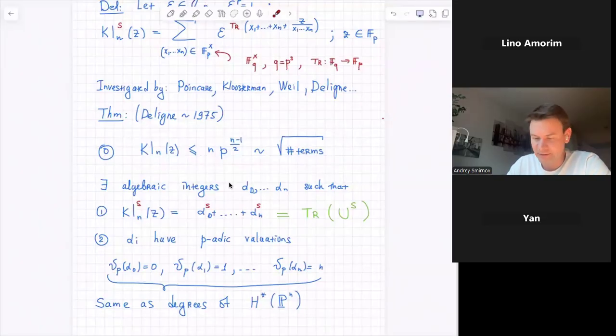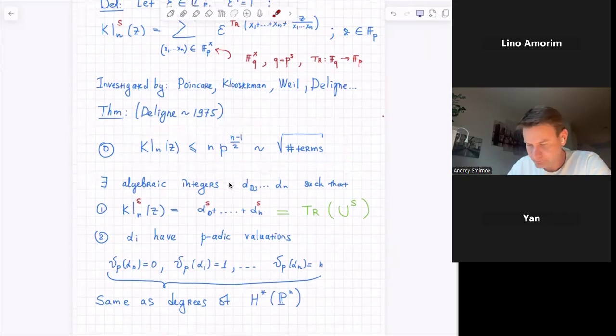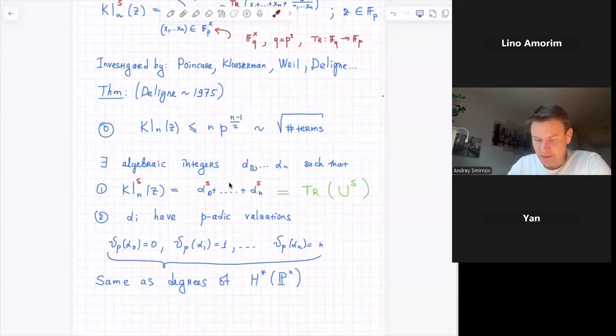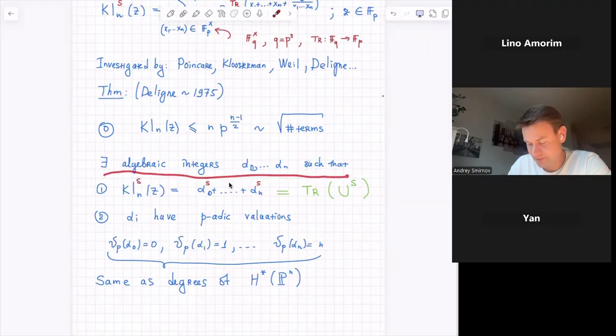Maybe I'll explain a little bit later that there is some kind of zeta function behind these Kloosterman sums. You can organize them into one zeta function, and then the properties of zeta functions, like the Riemann hypothesis and so on, should follow from bounds like this. We also know that this sum has the following structure. There exist some algebraic integers, roots of some polynomial equation with integral coefficients, such that the Kloosterman sum associated